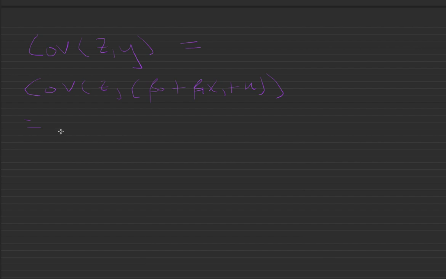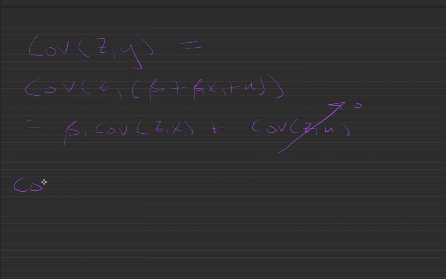This is equal to beta 1 times the covariance between z and x plus the covariance between z and u. The covariance between z and beta naught drops out because beta naught is just a parameter, right? And now we have assumed that the covariance between z and u is 0, so this will drop out,